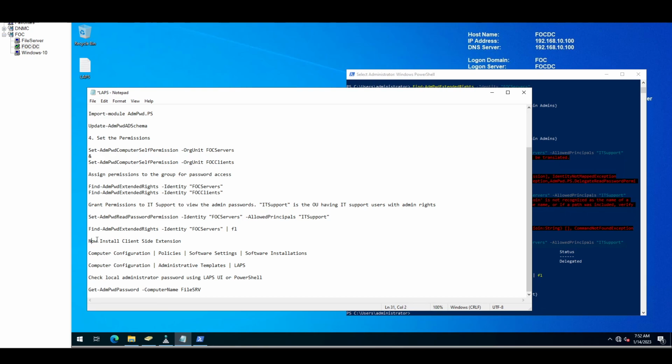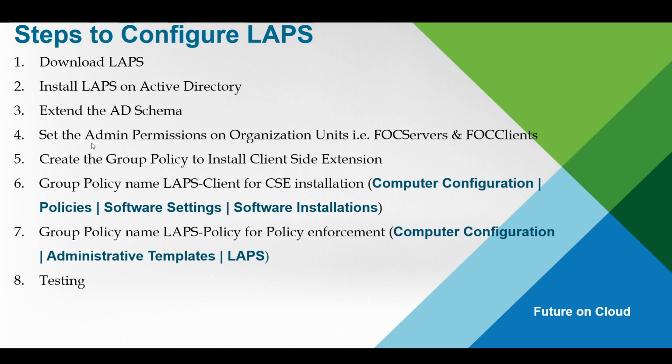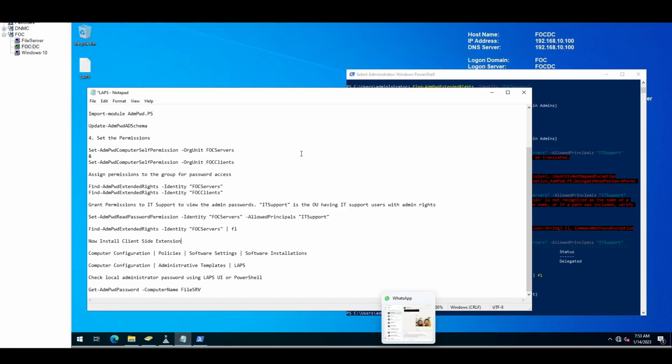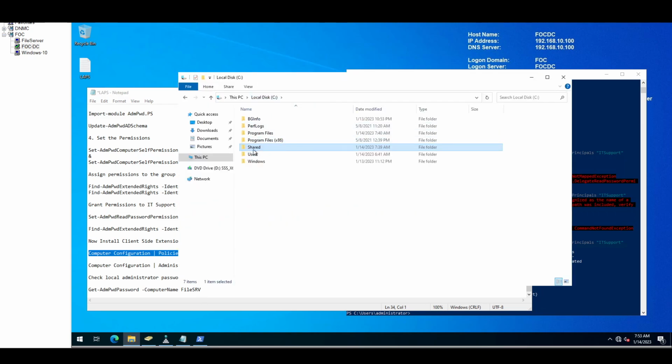Now our next step is to install the client-side extension. So far we have extended the schema and set up the admin permission. Now we are going to install and configure the group policies. Step number 5. In order to do that, you need to create a new group policy in order to install or push the software. To do that, you need to create a shared folder, which I have already created in the C drive,